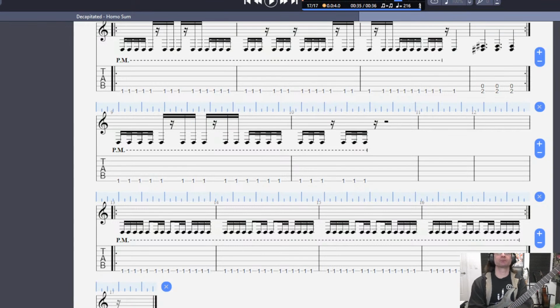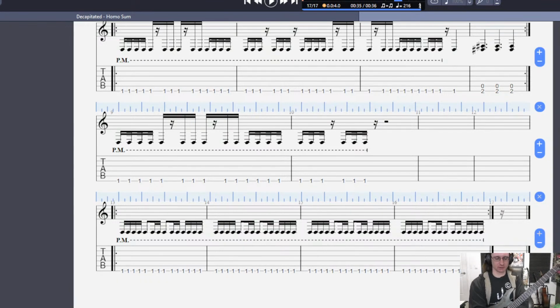There's one rhythm. Let's go with that. Clean this all up later. Add a whole note.